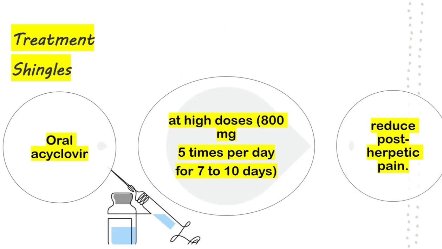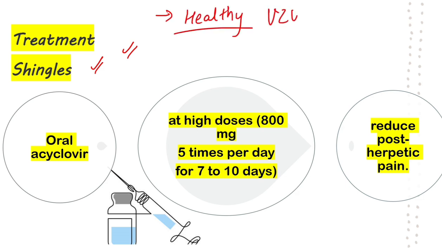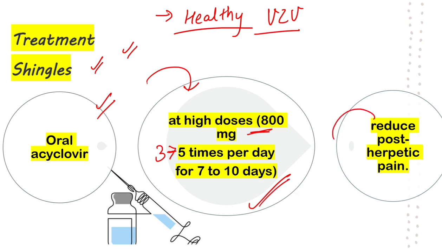Now next is treatment for secondary infection, or herpes zoster or shingles infection. Patients with intact immune response and herpes zoster are typically treated empirically. Oral acyclovir at high doses, that is 800 mg 3 times a day for 7 to 10 days, is given. It has been shown to shorten the disease course and reduce post-herpetic pain or post-herpetic neuralgia. Analgesics provide limited relief from pain, and topical antiviral drugs may offer some benefit if applied in early stages.